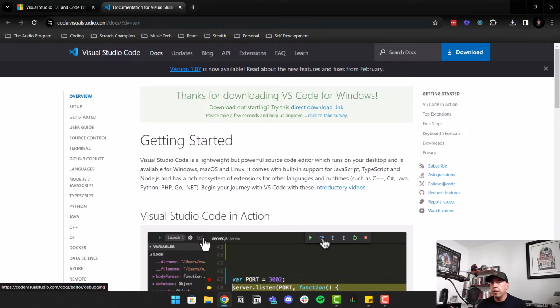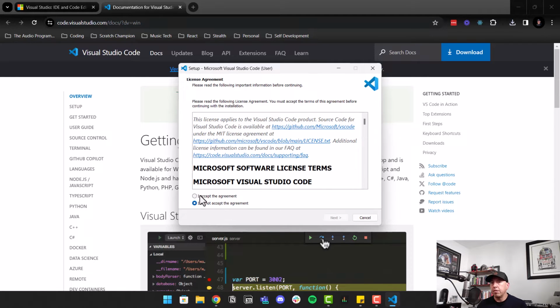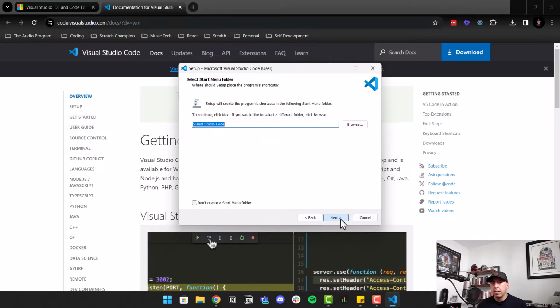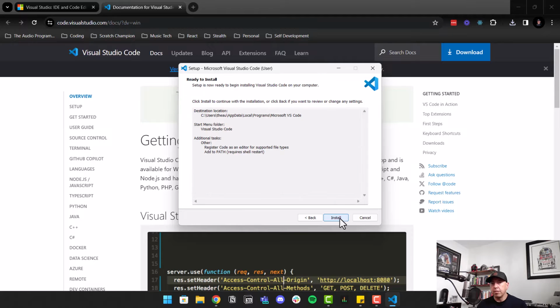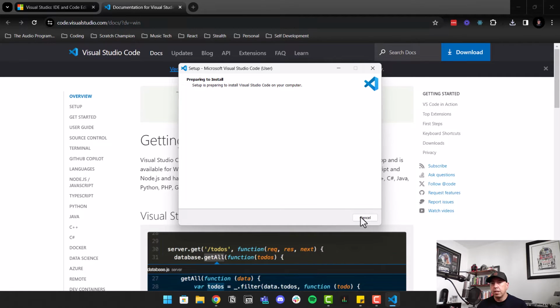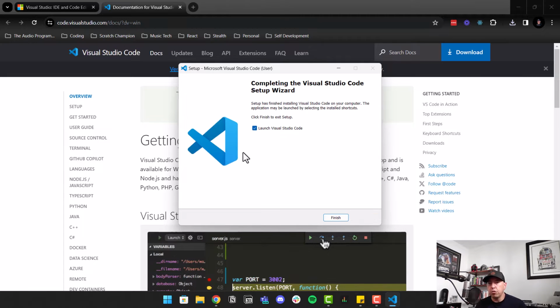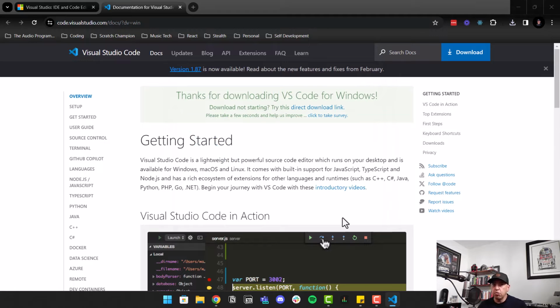It's downloading. Pretty quick, very lightweight. We're going to accept this agreement. Just once again, default installation options here. Now it's installing. Great. And Visual Studio Code is the code editor that we will actually use if we want